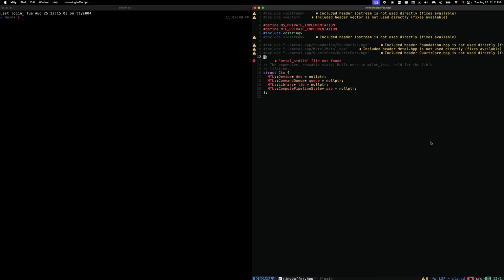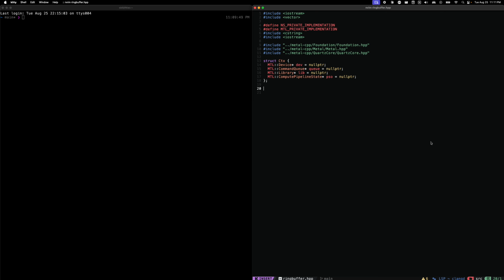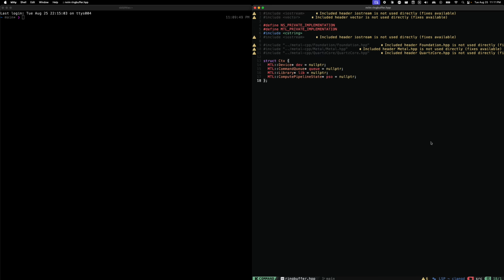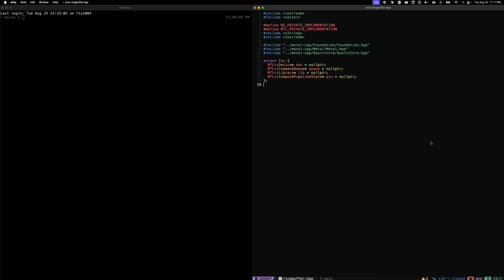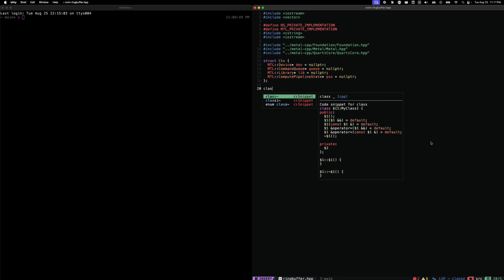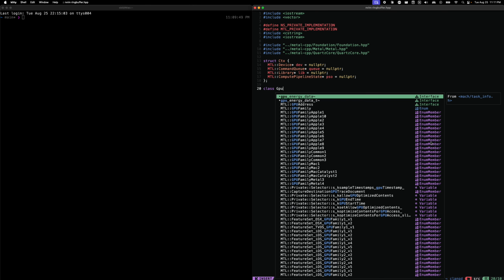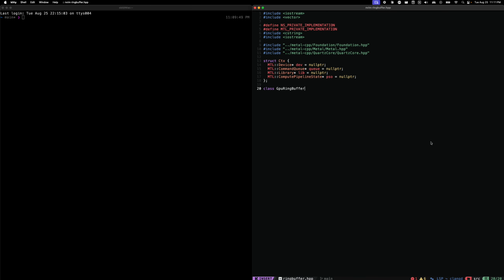Kernel is basically how you're abstracting what you're actually doing on the GPU or the CPU. So you can have specific kernels. For example, if you want to do multiplication in a specific way, you can create a matmul kernel and so on. So let's call this GPU ring buffer,